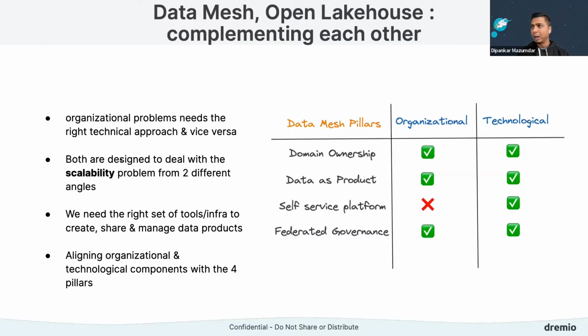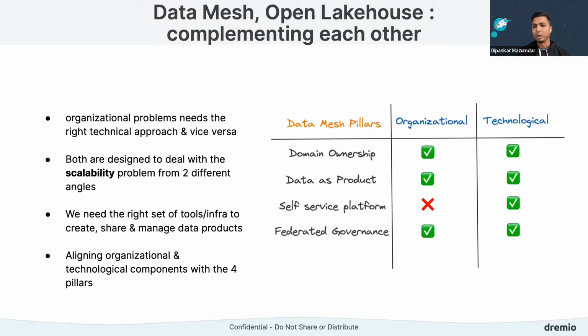If I have to talk about the four principles, I'm not going to talk about the four pillars that we have in data mesh, but one of the main aspects that I want to touch on here is that all the things that we achieve are more organizational and technological, and usually it's a blend of both. For example, domain ownership is an organizational aspect, where every domain has the onus on the data, and we are trying to shift the responsibility of managing data and creating data products into each domain rather than a centralized team doing it. But also it's technological, right?